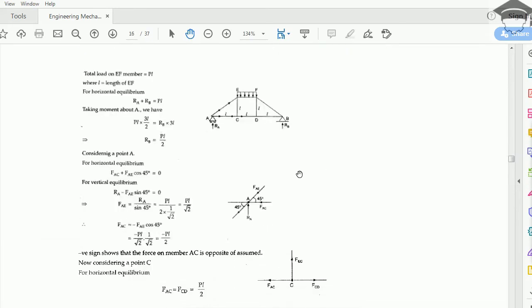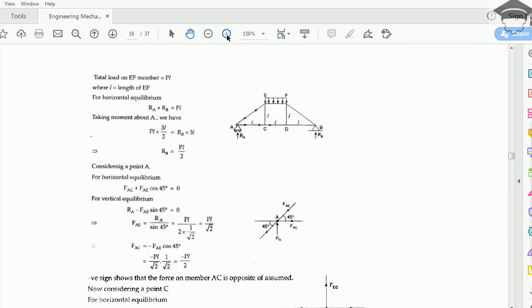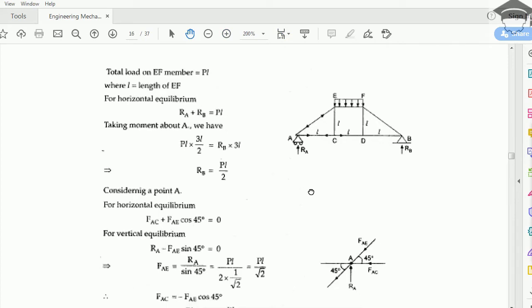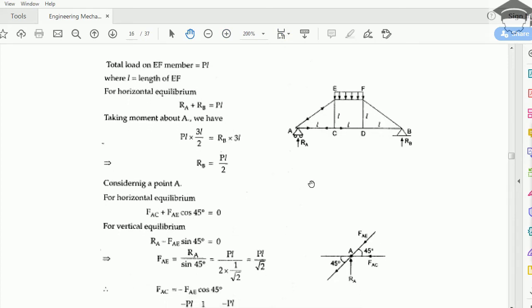First you have to find the reactions, because here at point A we will be getting one reaction, and at point B we will be getting two reactions, RY and RX, and at point A suppose RA. Because this is a roller, we have only the Y direction, we don't have any normal reaction in X direction. So first of all, the target is to find this normal reaction and these two reactions. Okay, so let's see in the equation.